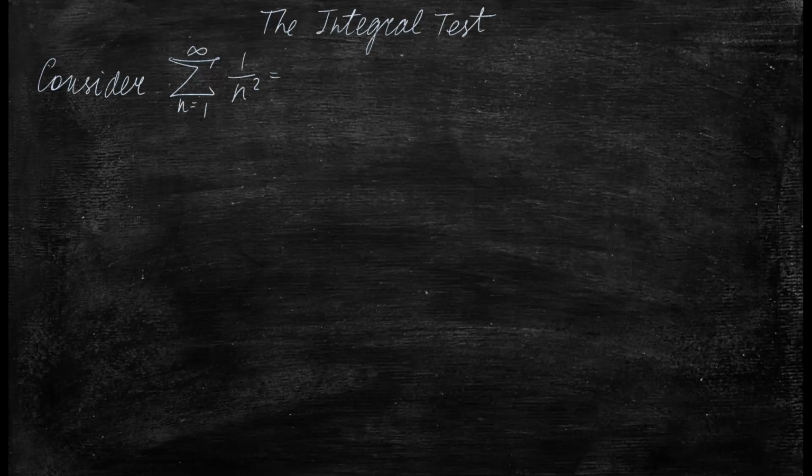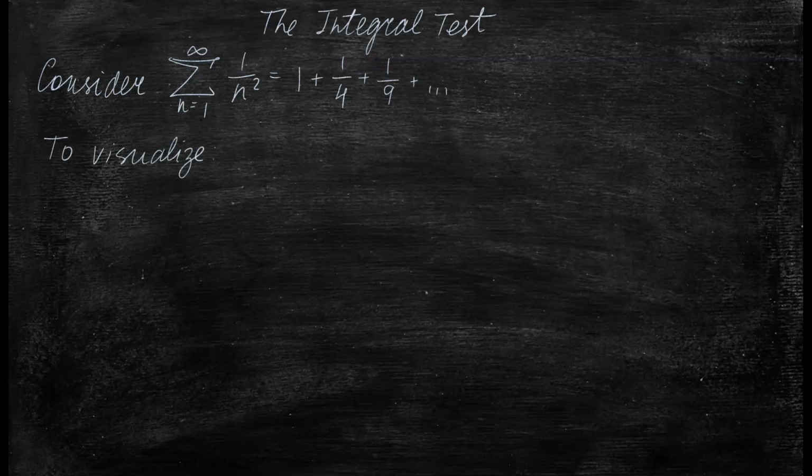So this series can be written out like this. So it's 1 plus 1/4. It's just the reciprocals of squares of natural numbers. And the question is whether this converges or diverges. And let's try to visualize this